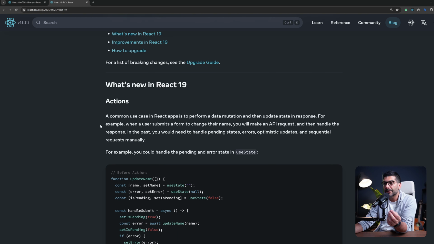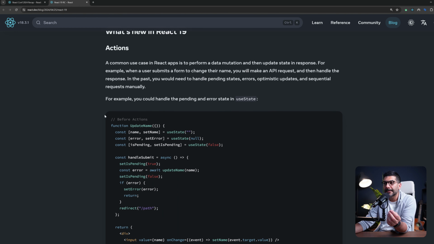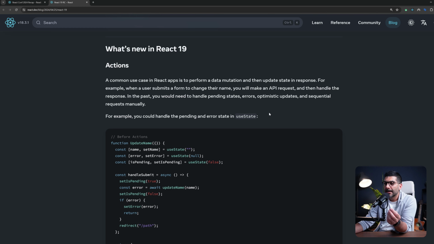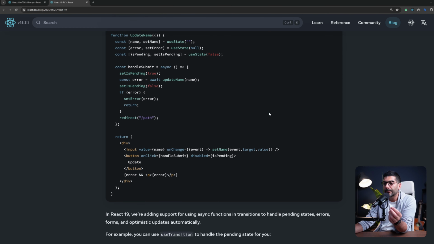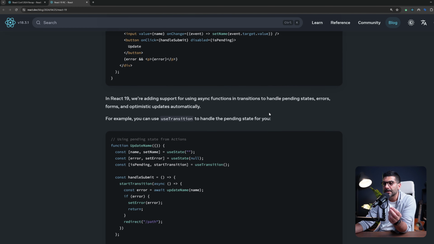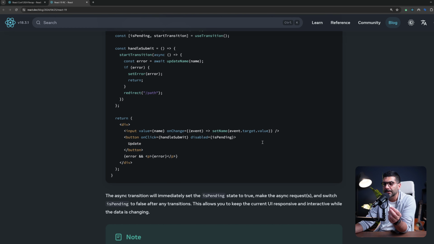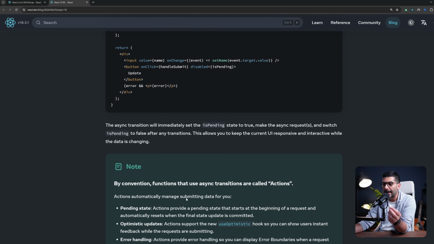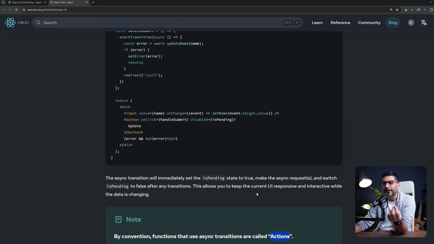So the new addition to React 19 is something that's called actions. Now, actions, simply put, are functions that are using asynchronous transitions. So down here, you can see functions that use asynchronous transitions are called actions. Now we have the concept of server actions or the action prop that we have on the forms, which might make